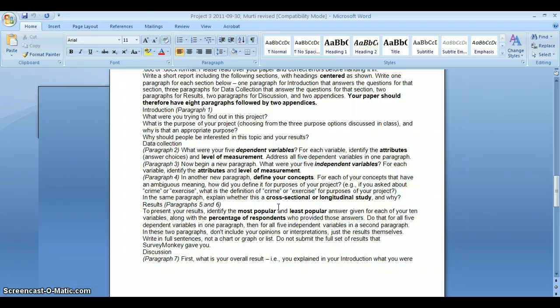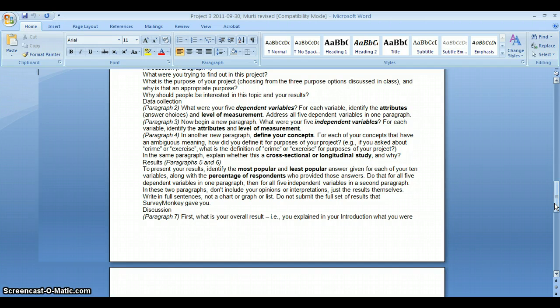Be sure to explain that, and explain it well in paragraph 4, and also explain whether it's a cross-sectional or longitudinal study. We talked about that a couple weeks ago, and you talked about it in your week 2 discussion posts, which I just finished reading and grading. So tell me what your study was, your survey, cross-sectional or longitudinal, and why. And then